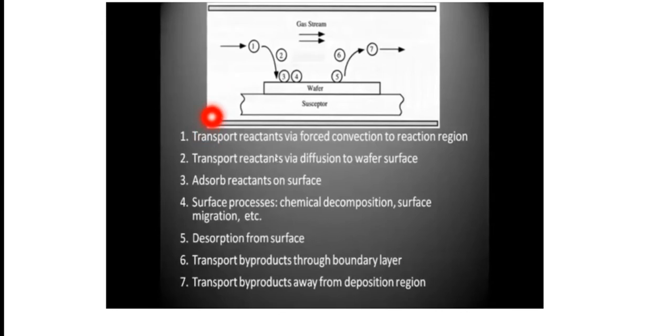So what is the first step? First step here, transport reactants via forced convection to reaction region. Then what is the second point here? Transport reactants via diffusion to the wafer surface. This is the surface. Then these reactants get adsorbed on the surface, third point. Then surface process takes place, chemical decomposition, surface migration. Then fifth point, deposition,